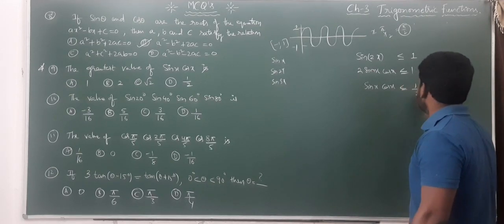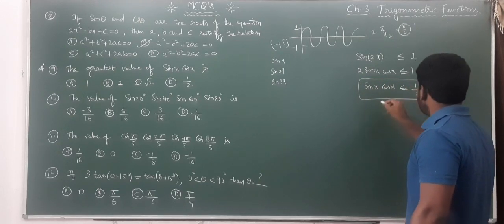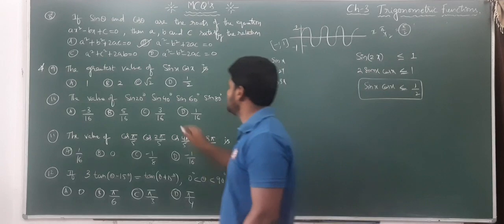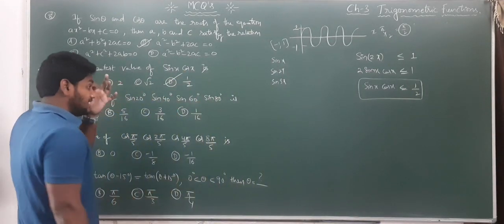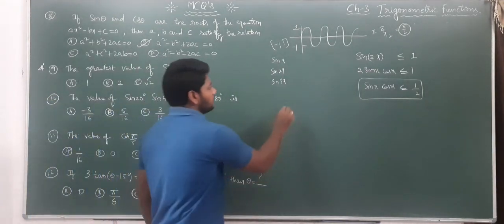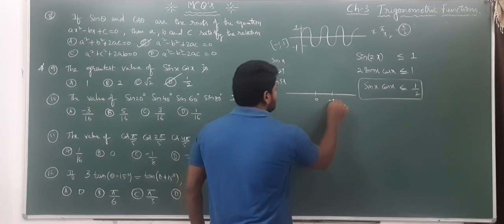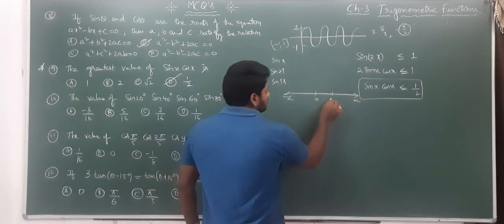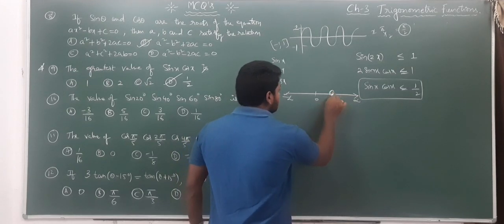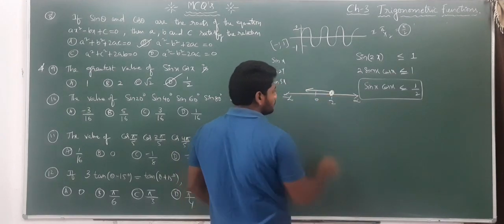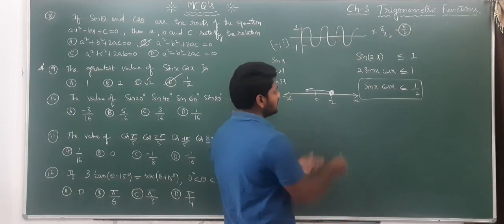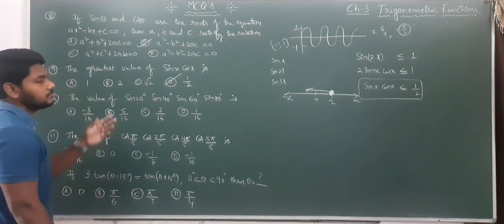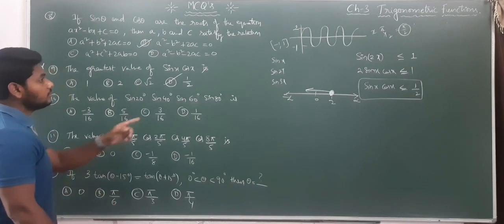Less than or equal to what? 1 by 2. So if it is less than or equal to 1 by 2, what was the greatest value? It is 1 by 2, which is option D. For example, on the number line this is 0, this is 1 by 2, plus infinity and minus infinity. It is less than or equal to 1 by 2 on this side, and on this side the greatest value is 1 by 2 only. So this is the maximum value or greatest value. You need to consider like this.